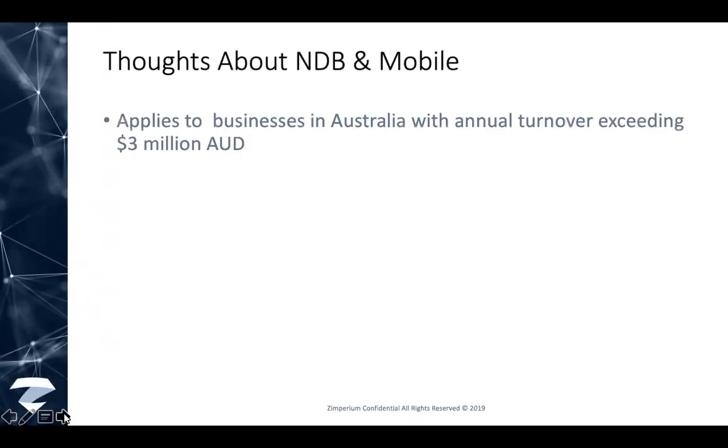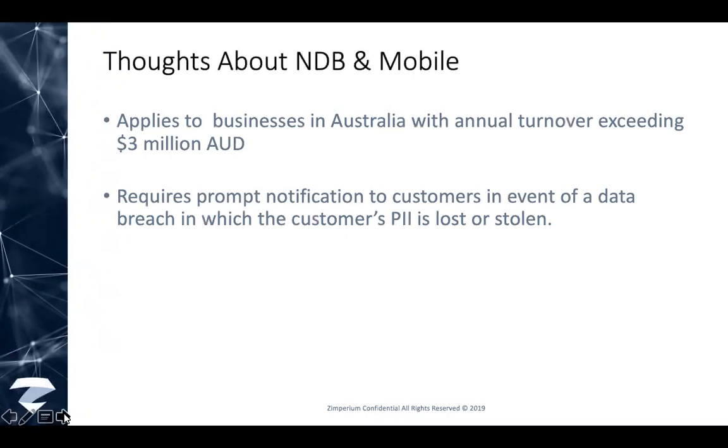For those folks that don't know it, if you're living in Australia and listening to this webinar, chances are you're pretty familiar with it, but it's just good to baseline it. Any business in Australia with annual turnover exceeding $3 million can be susceptible to this. It basically states if there is any hint of a data breach, you need to have prompt notification. The notification window is 30 days, which means you need to be able to know about it and then notify the